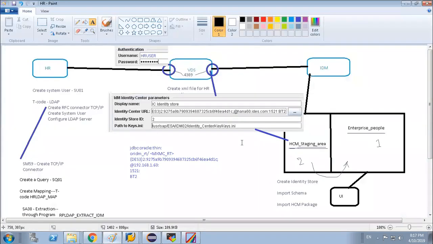So based on our picture, can you tell first where from HR we trigger the program, correct? Now based on our picture, first the data will hit where? VDS. First the data will hit in the VDS area, correct?